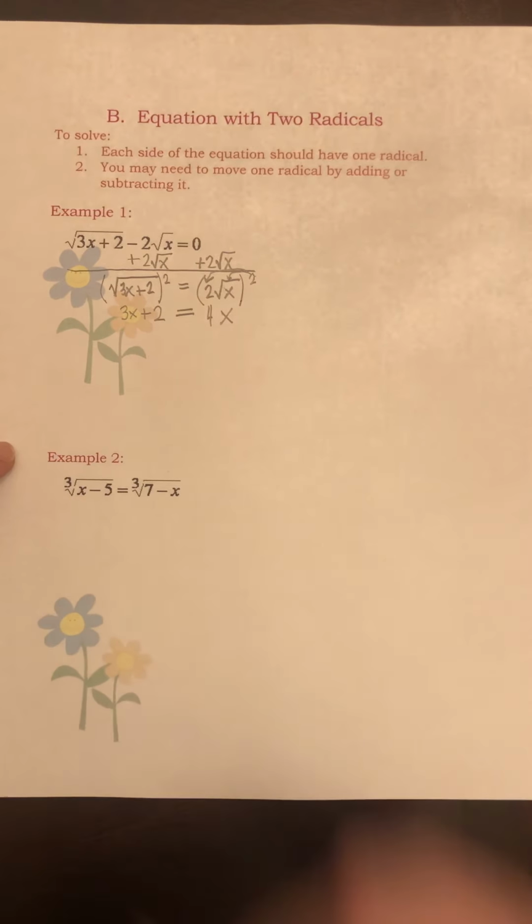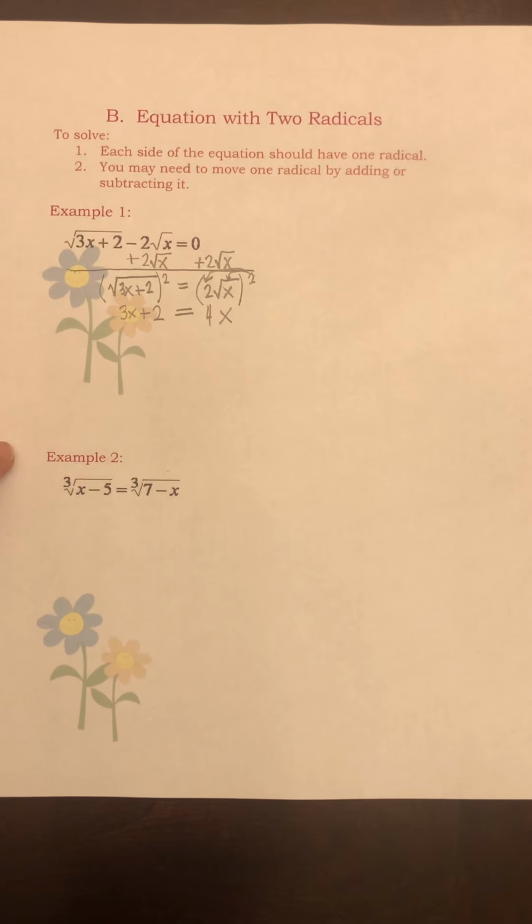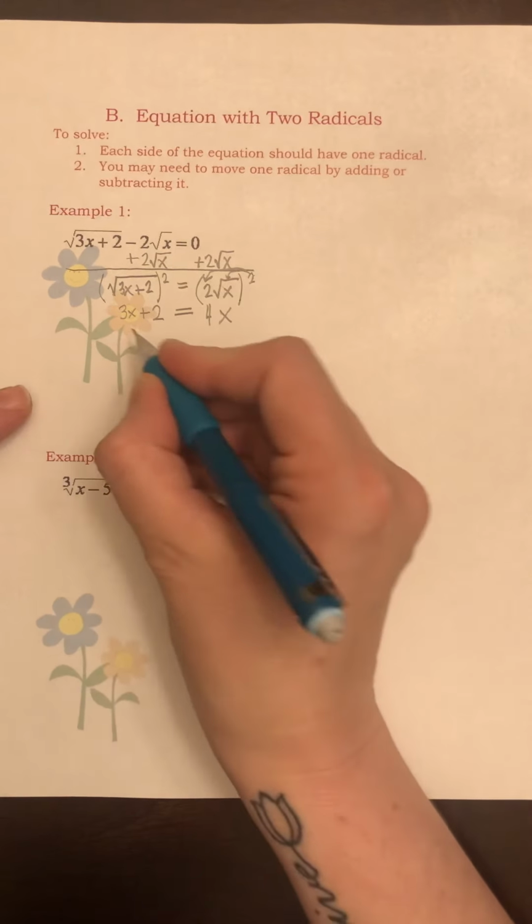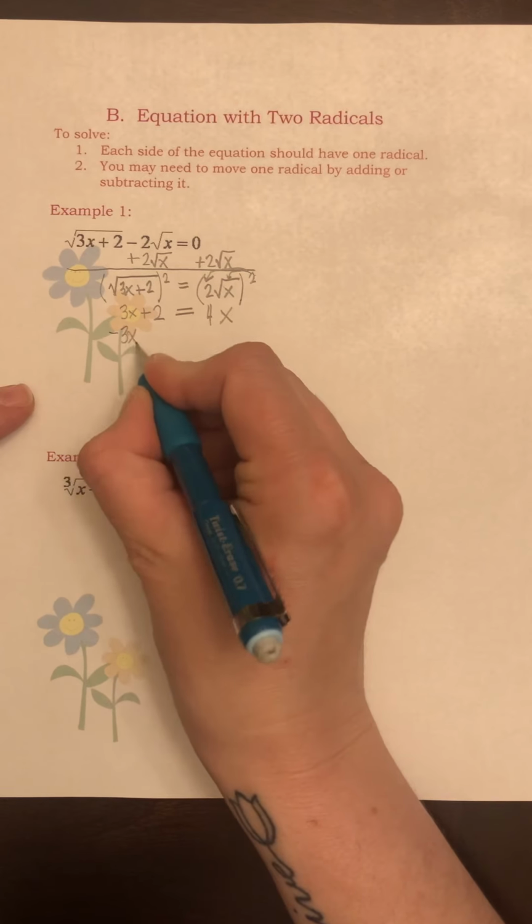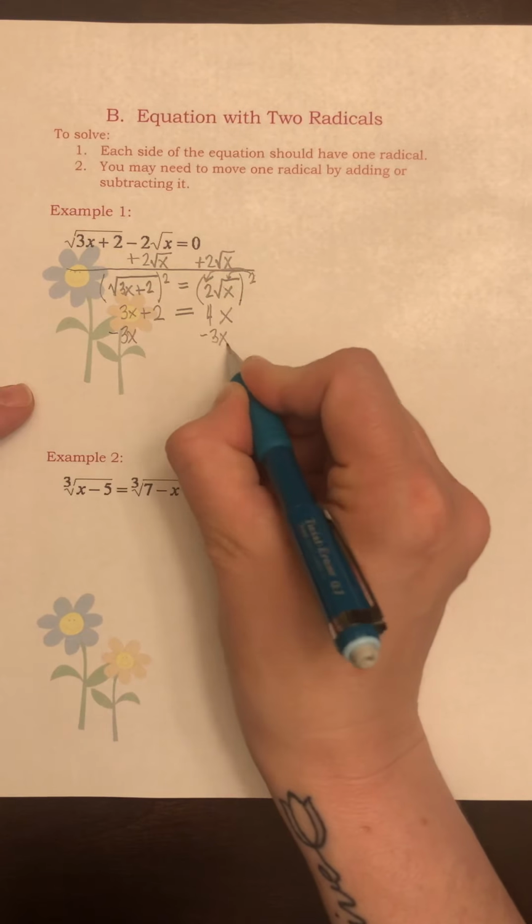And if you forget to do that, you're going to ruin the rest of the problem. So it has to go to everything that's on the inside, so the 2 squared turned into a 4, and the square root of x squared turned into just a plain x because the square root sign and the squared canceled each other out. Now I have a pretty easy problem, so I'm going to subtract 3x from each side,